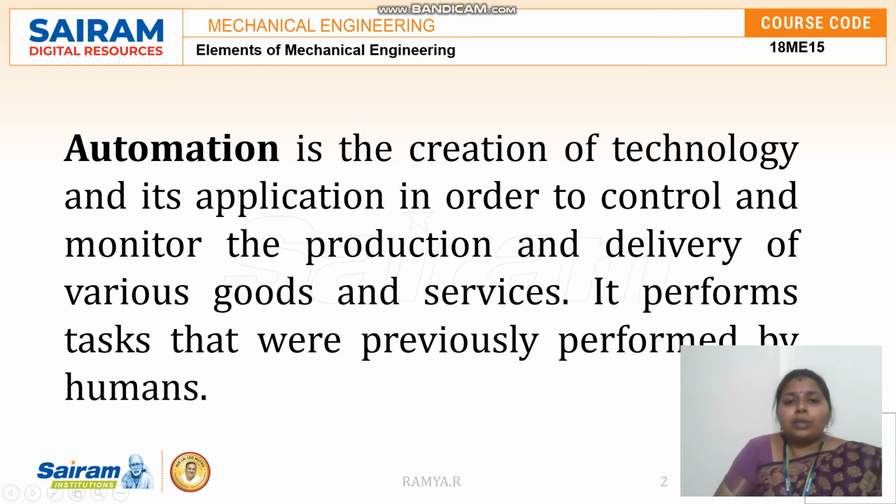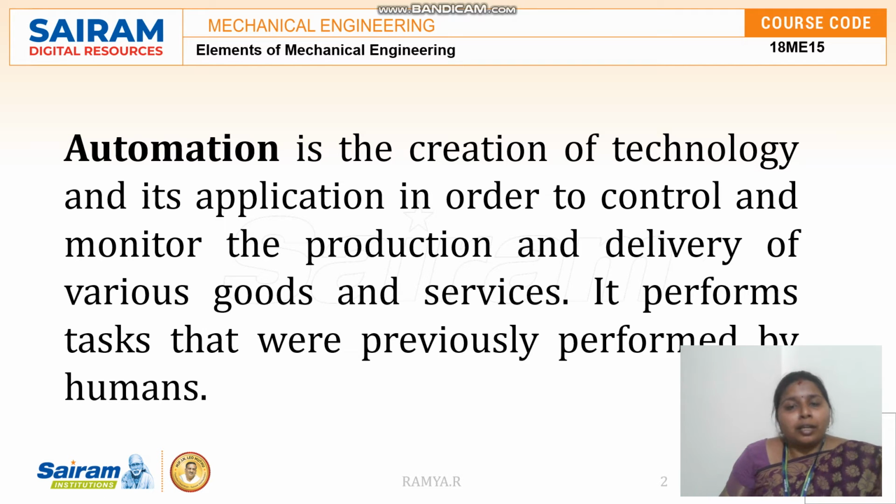So earlier, to do the machining process, to do the manufacturing using this machining process, all the machines were manually operated, which requires more time to produce a large number of components. But if you are taking more time to do an operation, we cannot complete the order on time. So in order to reduce the human time and also to increase the production rate, the industry came into a revolution called automation.